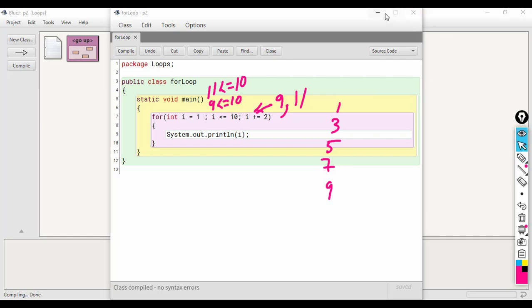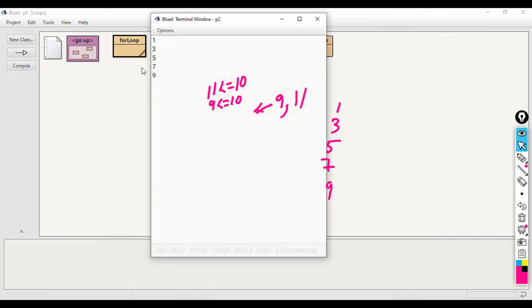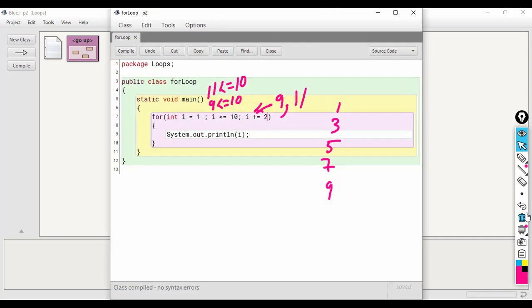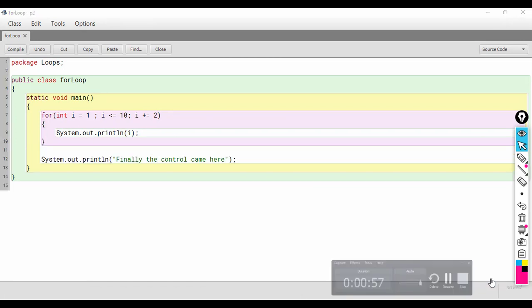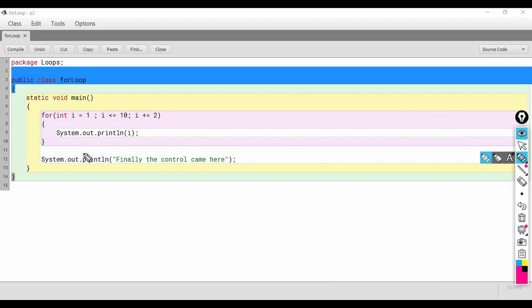So let us have a look at the output. As you can see, the output is 1, 3, 5, 7 and 9. So students, I have just added a statement here which prints "finally the control came here". The control will come to this statement only when the loop has exited.